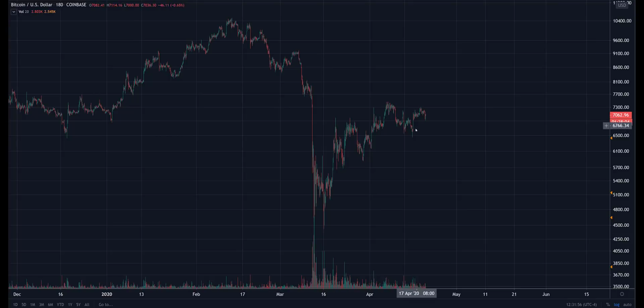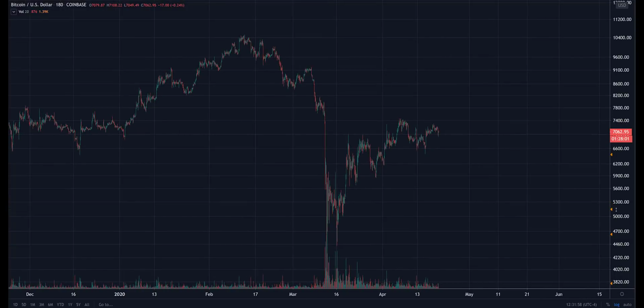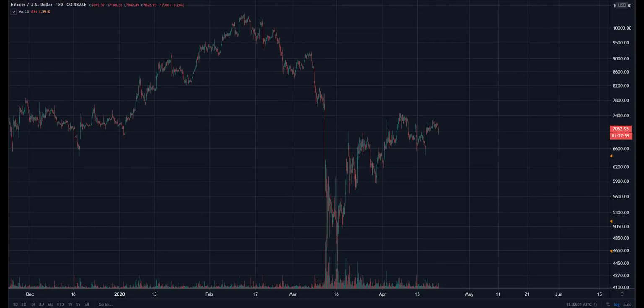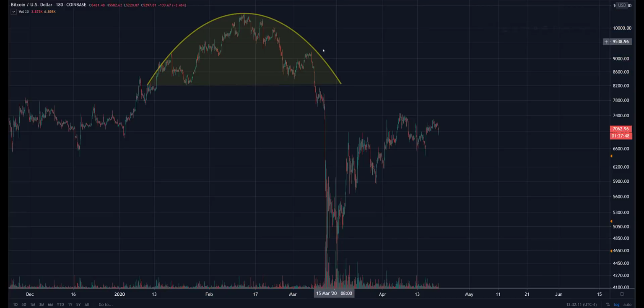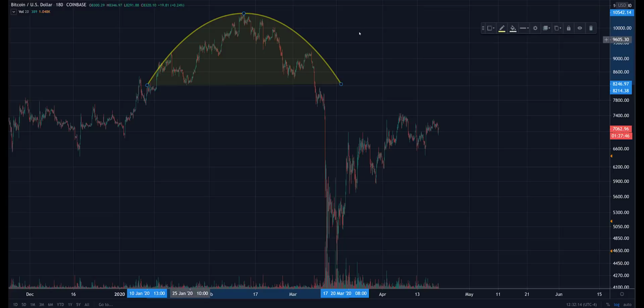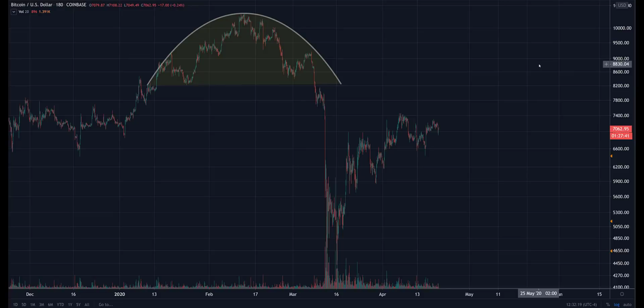So to that end, what fractal can we point to for Bitcoin? Well, I think the dome shape is highly applicable for Bitcoin. And this dome shape is a pattern that, from a classical technical analysis perspective, is called a rounding top. But note also how within this rounding top you can see and identify additional patterns of head and shoulders,